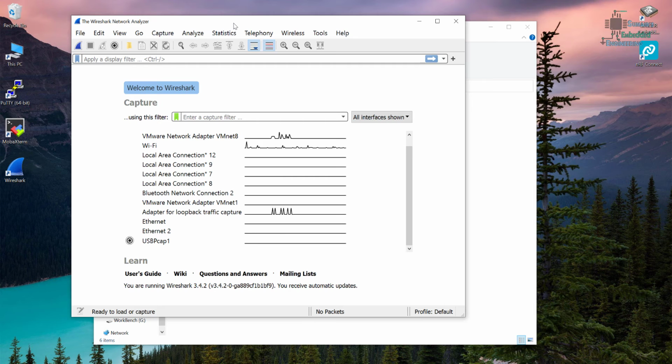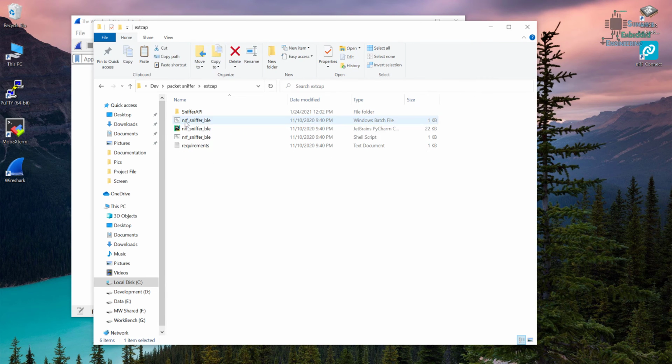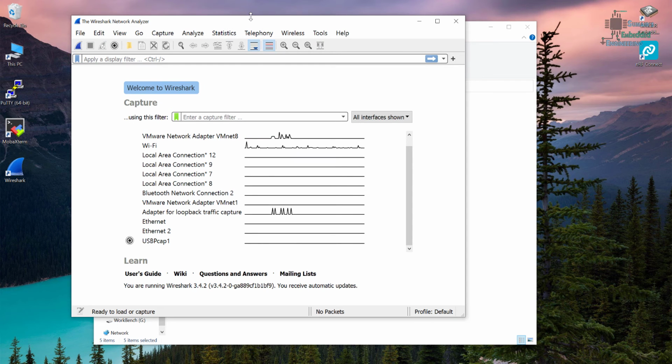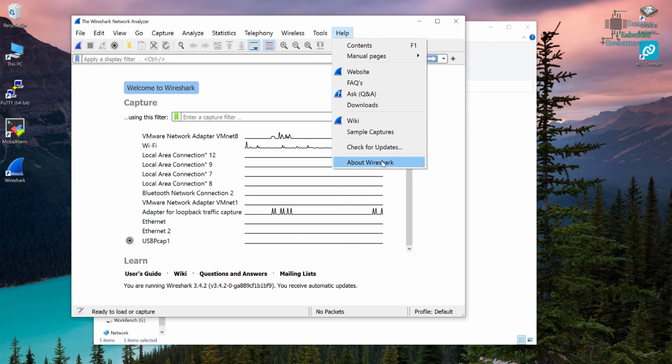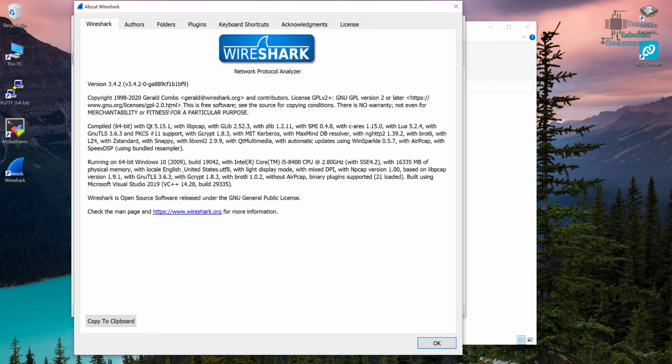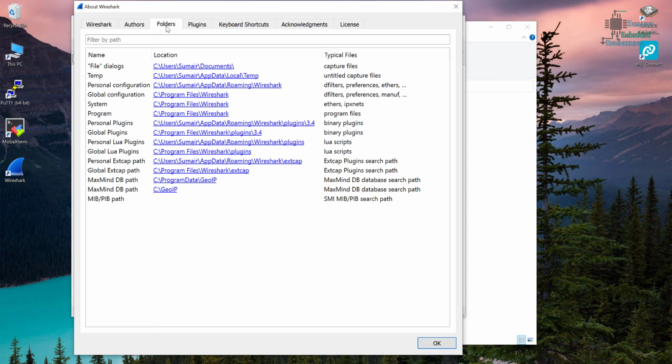Now the next thing we need to do is see where the extcap folder is. In this case this is the extcap folder provided by Nordic, and this is the stuff inside the extcap. We have to copy this, so we need to find this folder first. In order to see where this folder is, click on Help and click on About Wireshark. If you click on this, you will see this page. If we go to the Folders tab, we will see these folders,